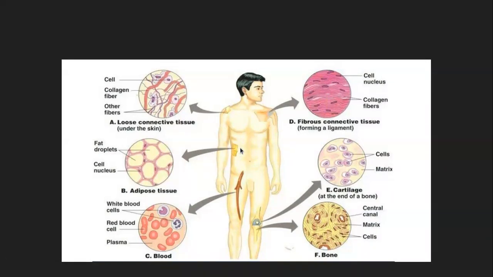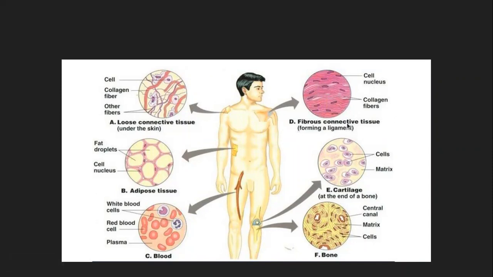So, like I said, the belly fat that you know of, or the side fat, is nothing but your adipose tissue. The third example of connective tissue is the blood. Obviously, like I said, it is a fluid connective tissue. These cells, WBC and RBC, are suspended in a matrix of plasma. So that is the fluid connective tissue. And they have shown a vein which is carrying the blood, and that blood is being enlarged here.